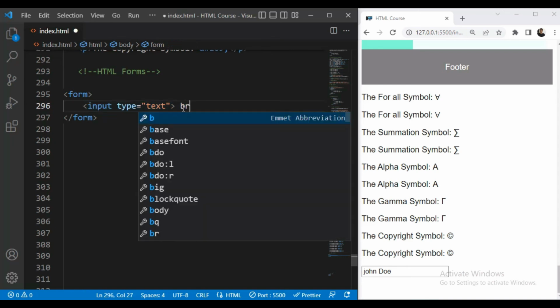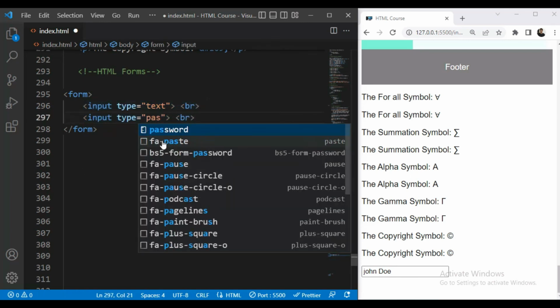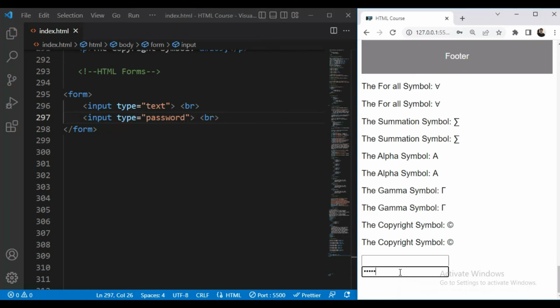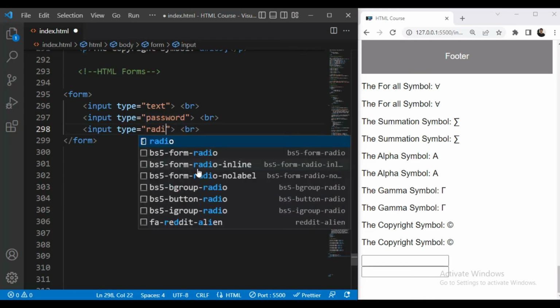So I'll add a line break here, and we'll copy this. Here we'll give password. Let us save this. Now whenever you type here, the letters will not be displayed because we are using the input type password. Then next we will use input type radio for radio button.